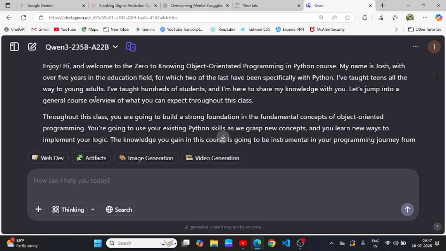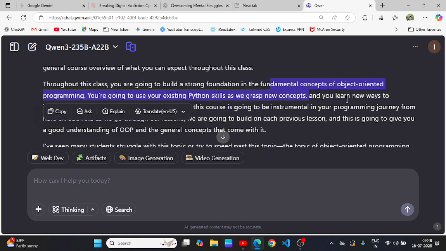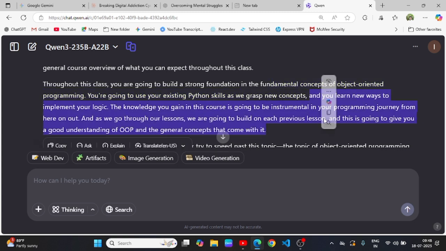Let's jump into a general course overview of what you can expect throughout this class. Throughout this class, you are going to build a strong foundation in the fundamental concepts of object-oriented programming. You're going to use your existing Python skills as we grasp new concepts, and you learn new ways to implement the knowledge.